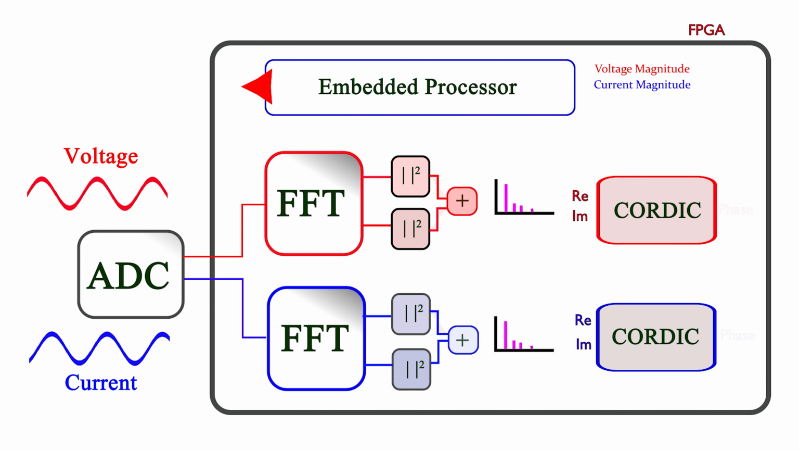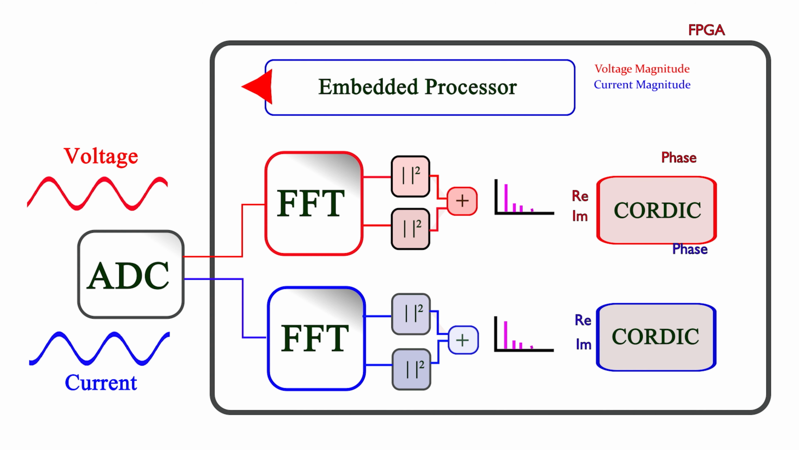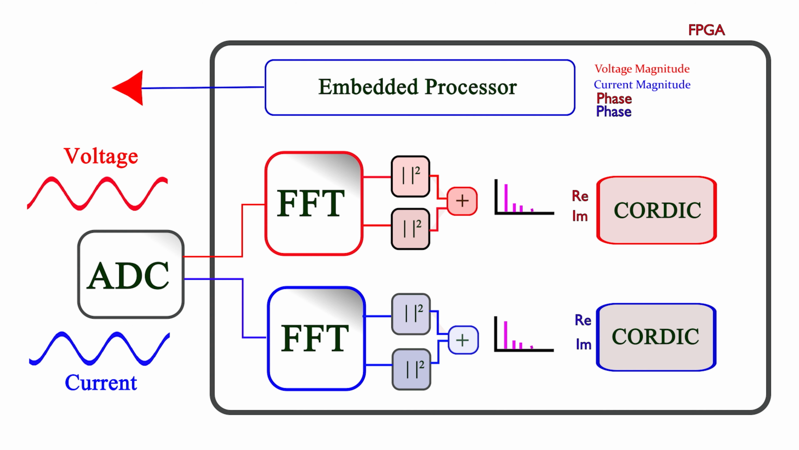So we want to push things forward a bit today. What we'll do today is use the Codec algorithm to convert the rectangular outputs from the FFT into polar form, so we can work out the phase difference between the voltage and current, which is really important in power system analysis. We will then go on to the next important job, sending that information out of the FPGA into